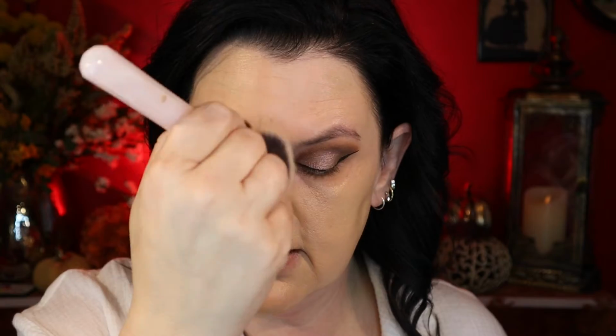Even if the shade is right, like the darkness lightness factor is right, if it's too yellow, there's just something about it that does not look good, in my opinion. Yeah, this is the wrong color, but we're gonna go with it. Maybe I will go super easy on any kind of bronzer, and hope that at least that doesn't add to the wrongness of this. But again, I just wanted to see what the combination of the formulas are like,